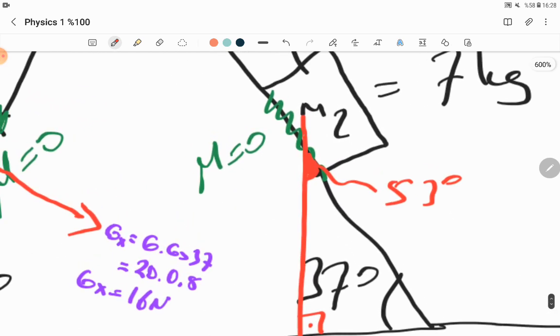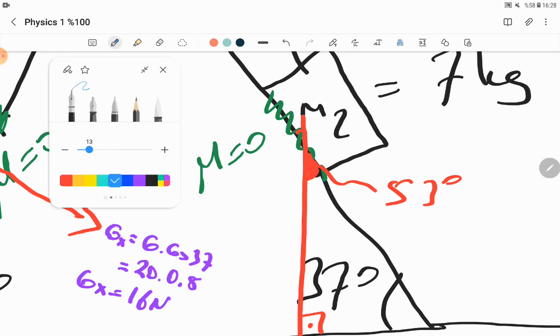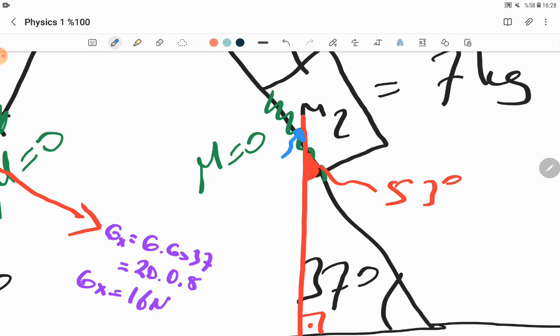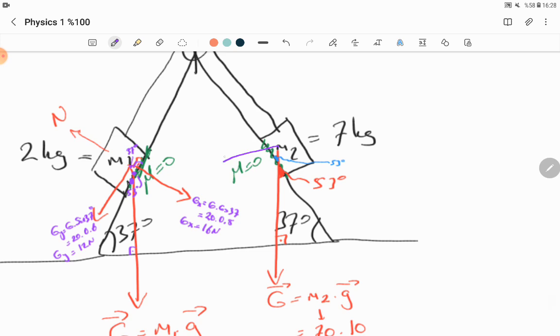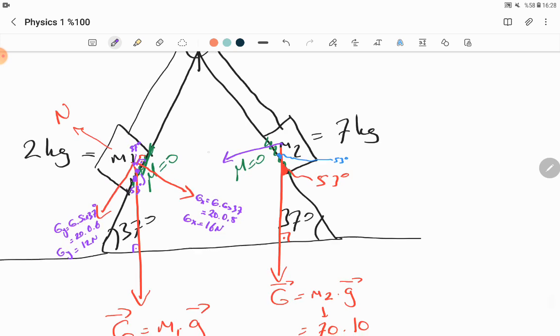and also this angle we can show in another color, and the value of this angle is 53 degrees. There are two projections of the gravitational force, and the first one is in this direction, we call it x, and the other is the gravitational force y projection. Yes, and